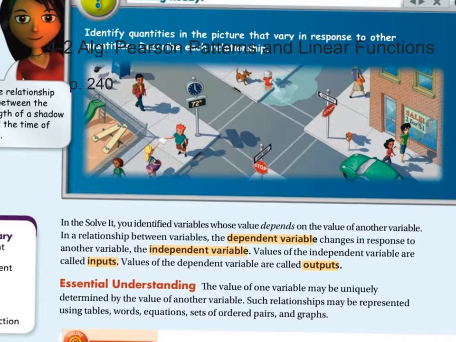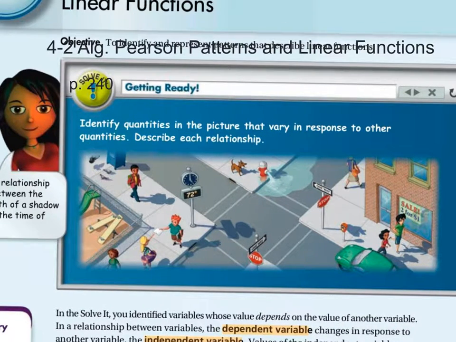One thing we could mention at the beginning here, it says identify quantities in the picture that vary in response to other quantities and describe each relationship. So there's a lot of different things that are going to be changing over time here. One, we could say the temperature, we could say the time on the clock literally. We could say the distance traveled by the joggers, the height of the shadows, the water that's come out of the fire hydrant,